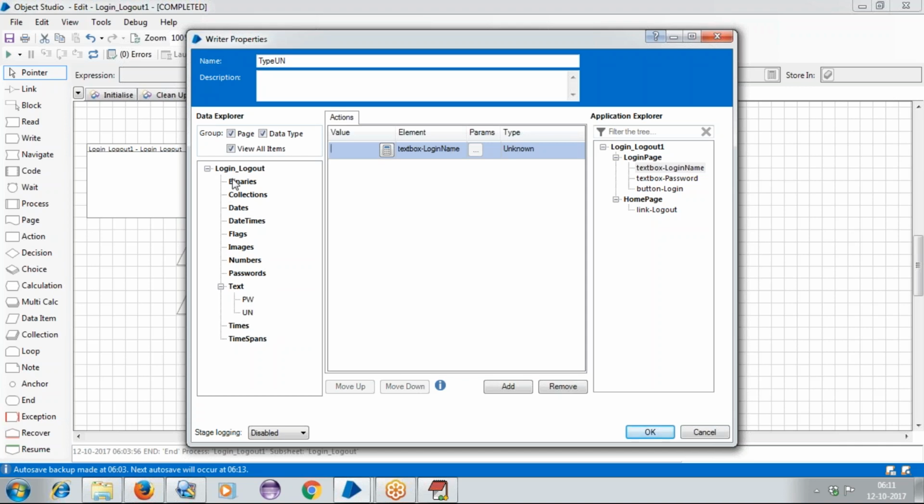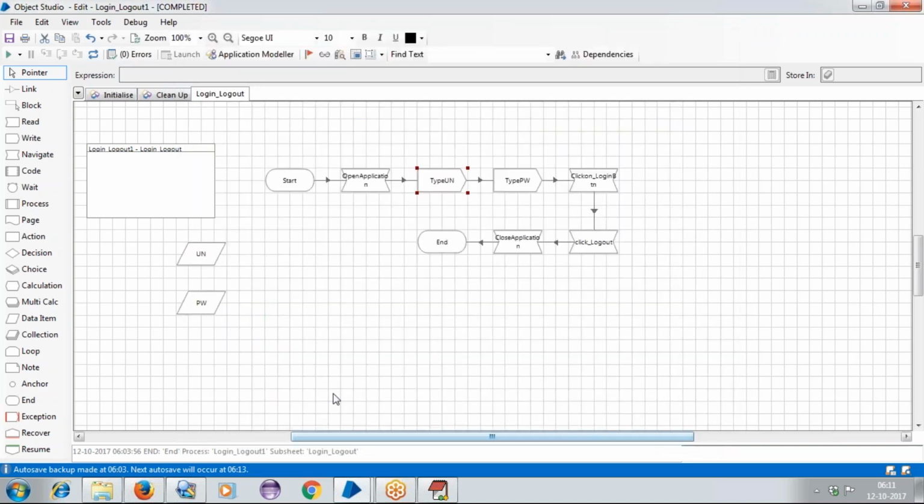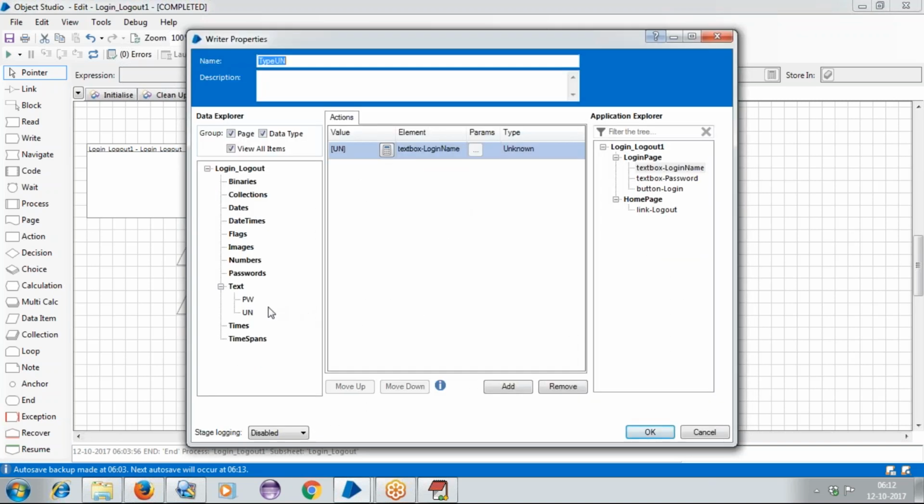You can see in the left side you will get all your related data items. In the right side you will see the application modular details here. Now what is the data item we provided? Username. Just drag and drop this username here. Now click on the OK button, right? Next we take the password. Now I'll take the password here.